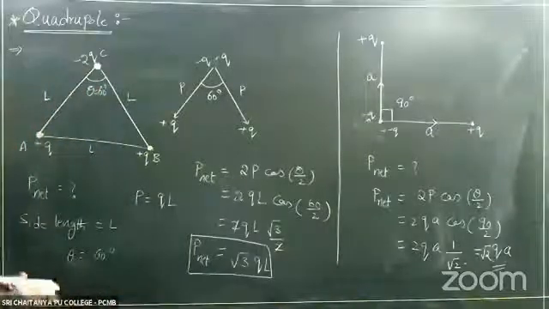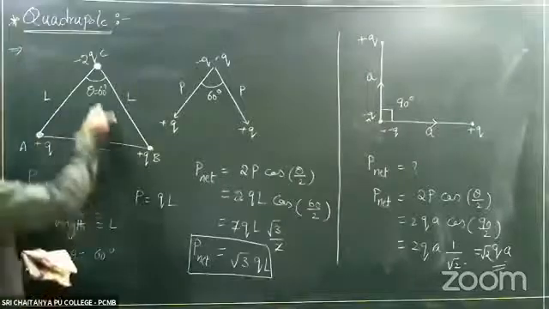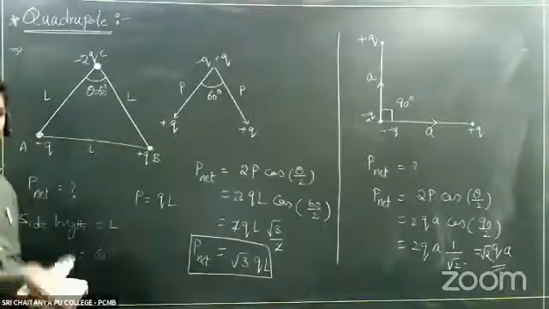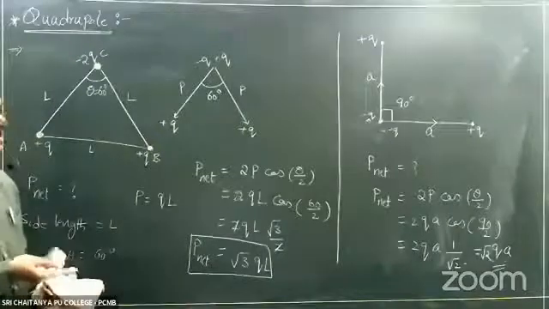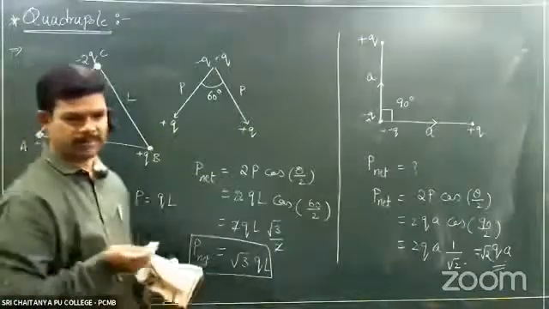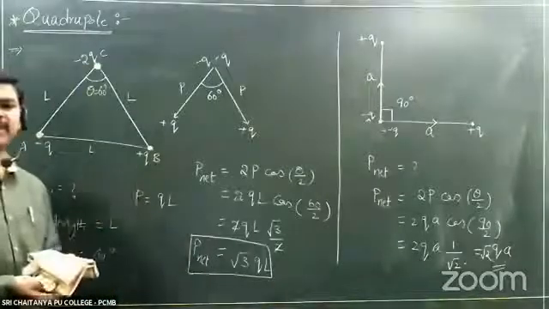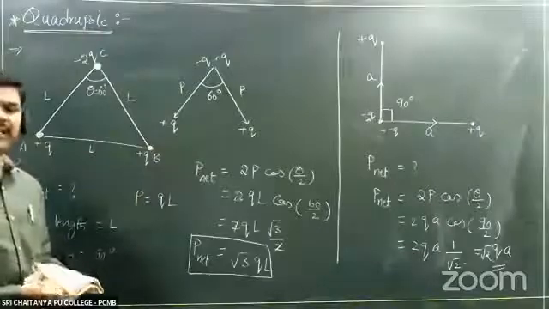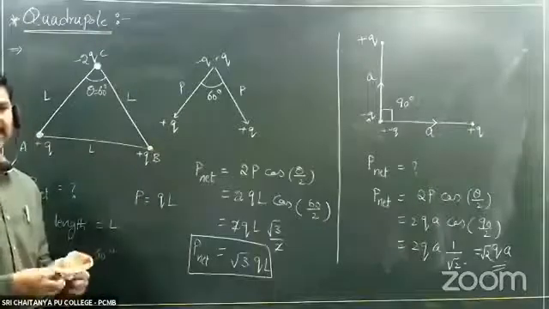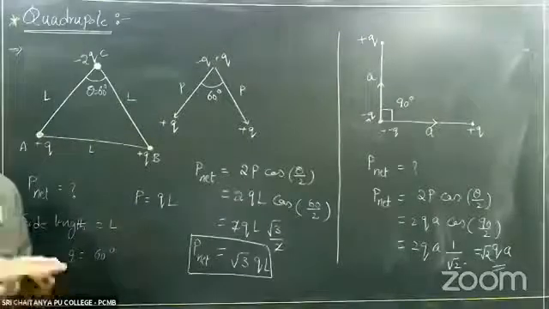Like this you'll get different problems on the quadrupole combination with different angles. Theta may be 120. Theta may be 180. If theta is 180, like a CO2 molecule, what happens? Net dipole moment becomes 0. We get different questions like these in exams, right? Okay, students, we continue tomorrow.